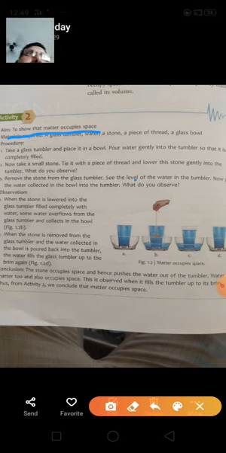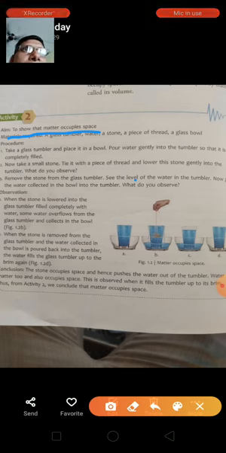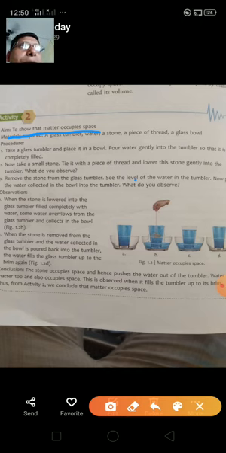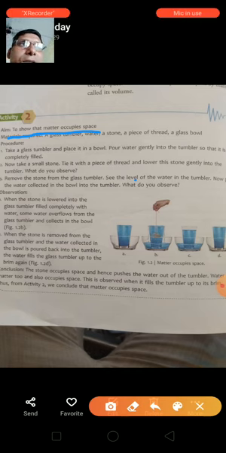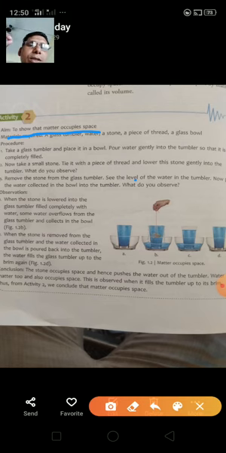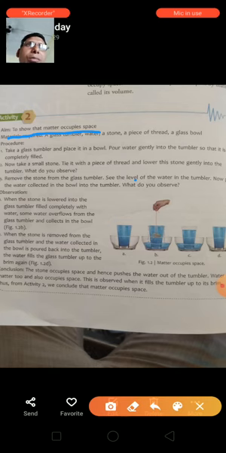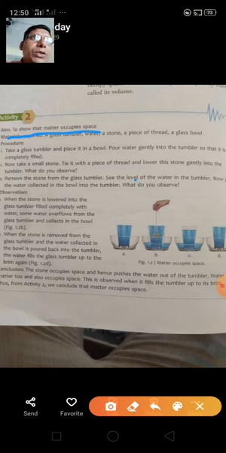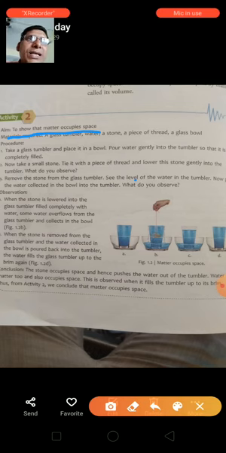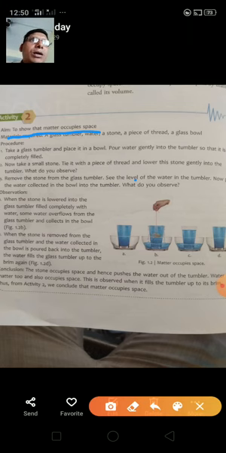This is a simple experiment: take a glass and a bowl, put the glass into the bowl, fill the glass with water, then take a small piece of stone, tie it with a thread and put this stone into the glass filled with water. As soon as we put this stone into the glass, the level of water will rise up and some will fall down. So it shows that when the stone is placed into the water, it occupies some space, pushing the water upward. As a result, some water falls down.